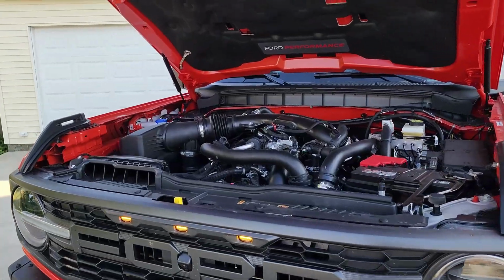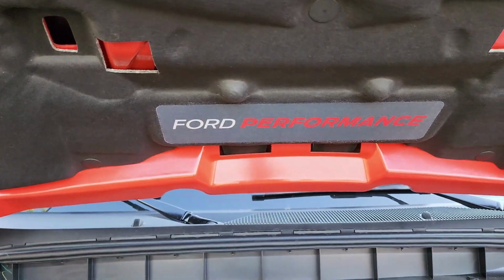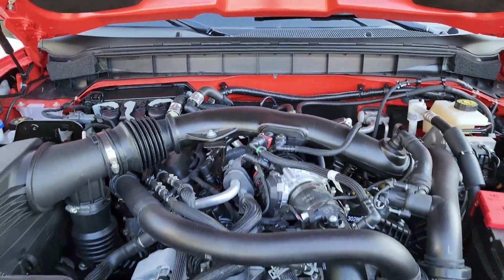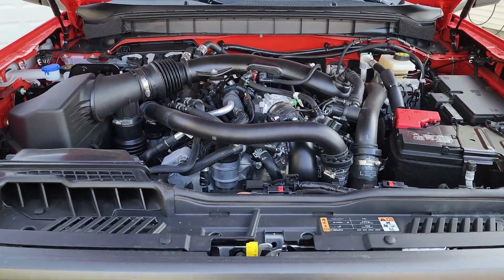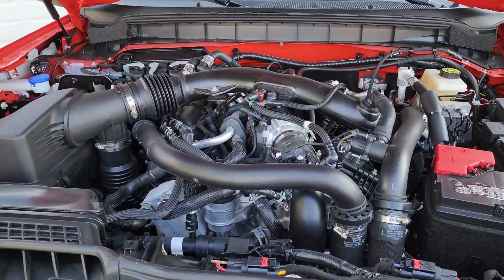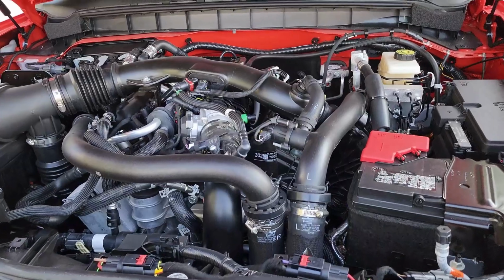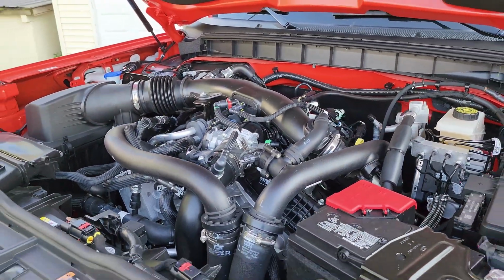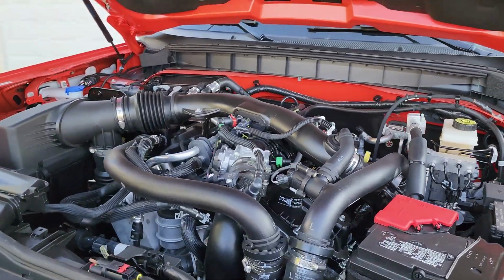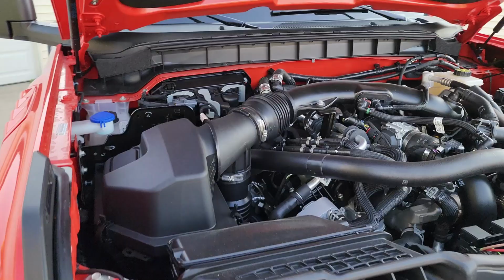All right, we've got the hood popped now. Now look at this. That's pretty cool. It says Ford Performance underneath here. This is the 3.0 liter V6 twin turbo engine that they actually pull out of the Explorer ST. It does have some tweaks, so it actually gets 418 horsepower, 440 foot-pounds of torque, and it is paired to